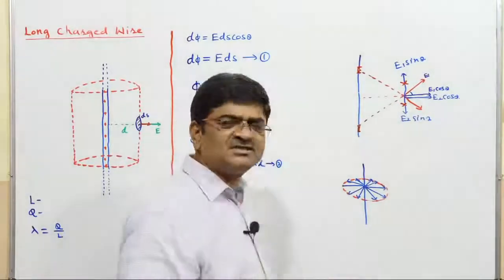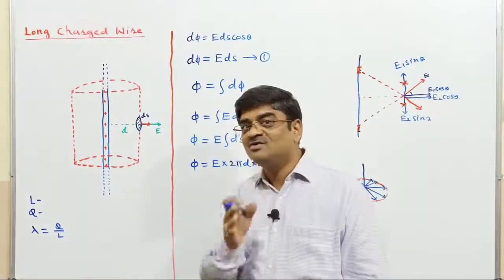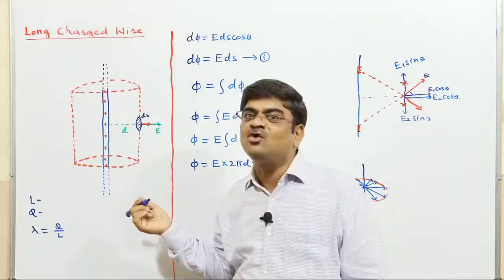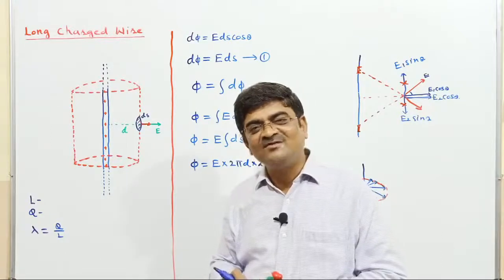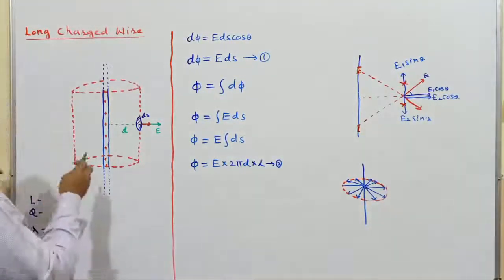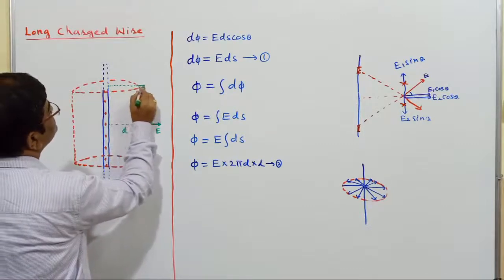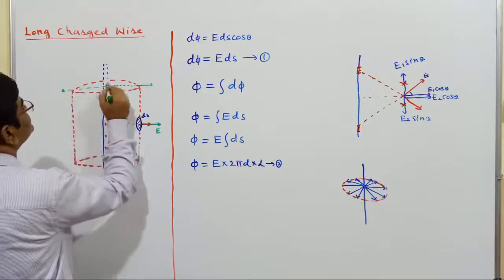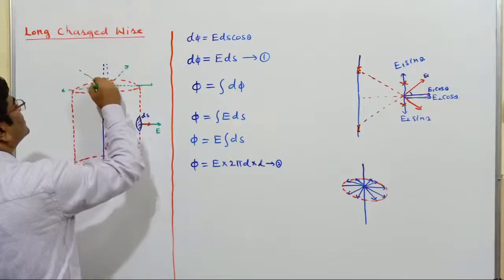Is that the end of my discussion? No. I got only the flux through the curved portion. I also need the flux through the circular portions of the cylinder. Is the area of the cylinder only the curved part? No, I have the circular portions also. So let me think of calculating the flux through the circular portions. To visualize this, look here. Force lines I can draw here. All these force lines I can visualize here. The same figure I have drawn there, I am just trying to visualize here also.